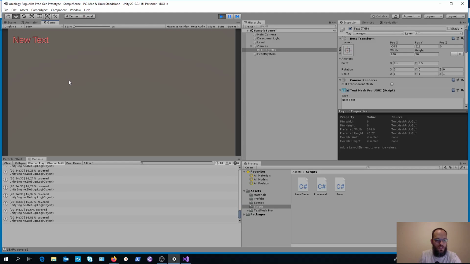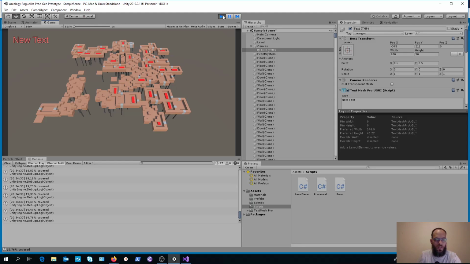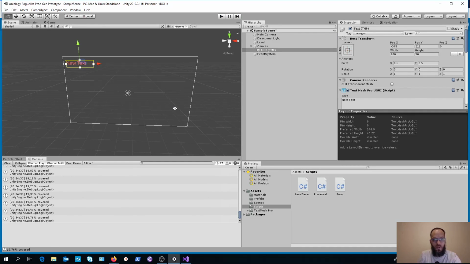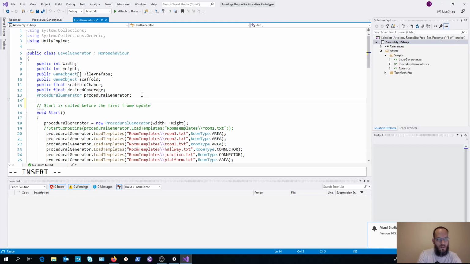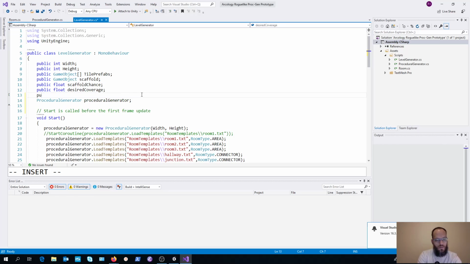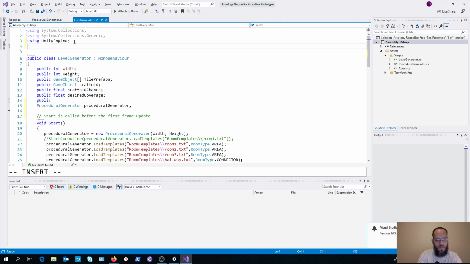A new text is going to show at the bottom. So we want this percentage to show up there, and then once that's done, we want to be able to actually view it. So what we're going to do is link our level generator to our actual text mesh that we've created in Unity over here. To be able to do that, we need to create a public variable for that. And to be able to use the public variable, we need to actually import